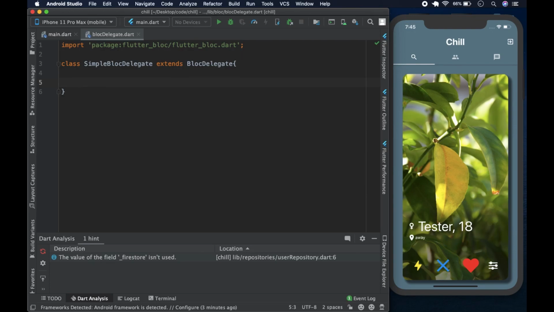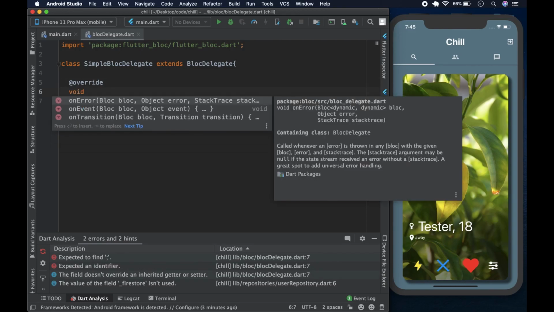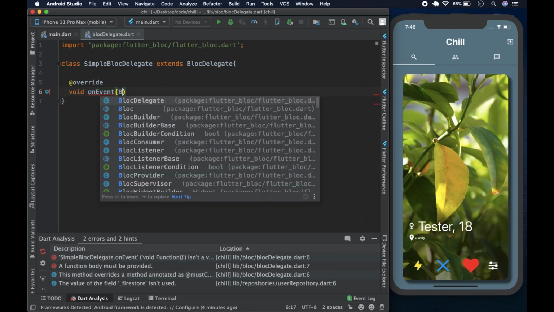Yeah, so we can start with the on event. If, for example, you want to see all the events that have been added, you just override the event method on the block delegate, and that's where you're going to see it. So what we could do here, we could say @override. Sometimes I forget that it has two R's. We could say void, returns nothing, and we say onEvent like so, and this one will take in a